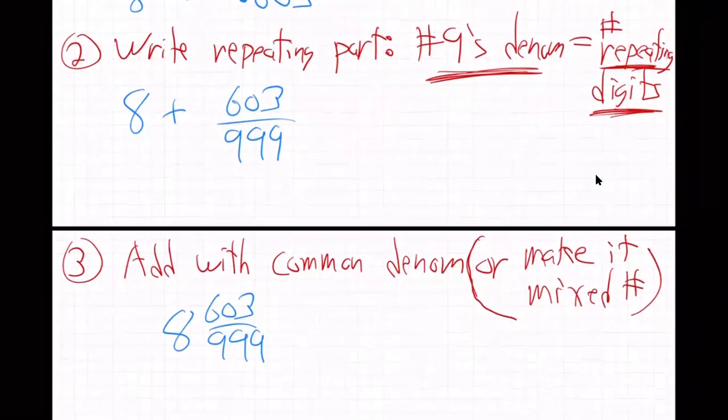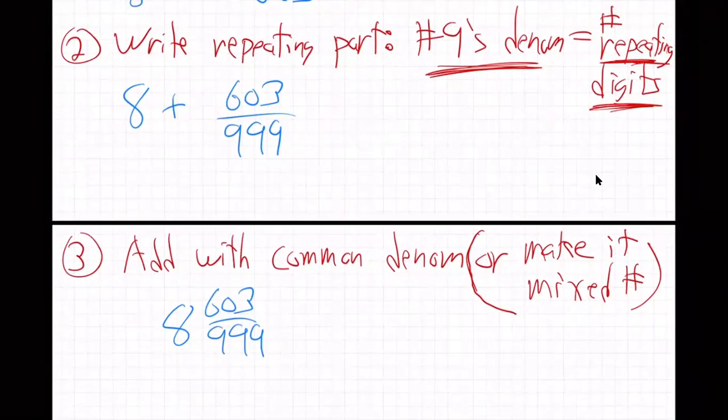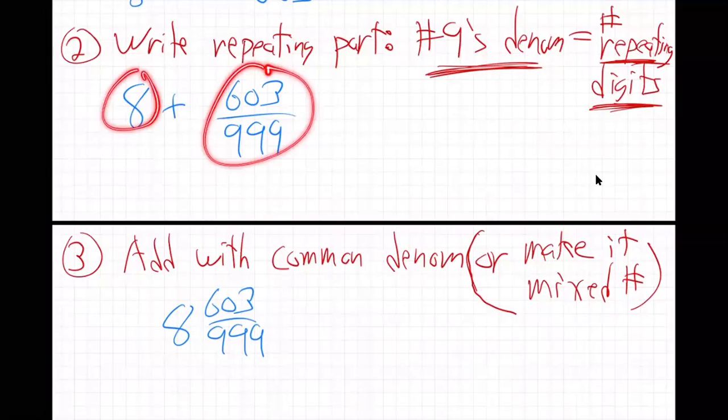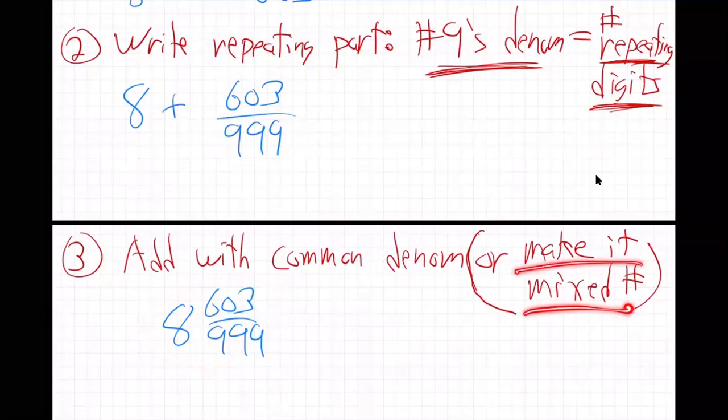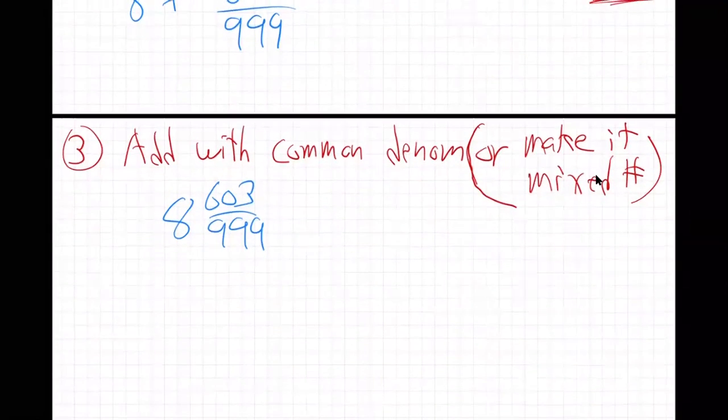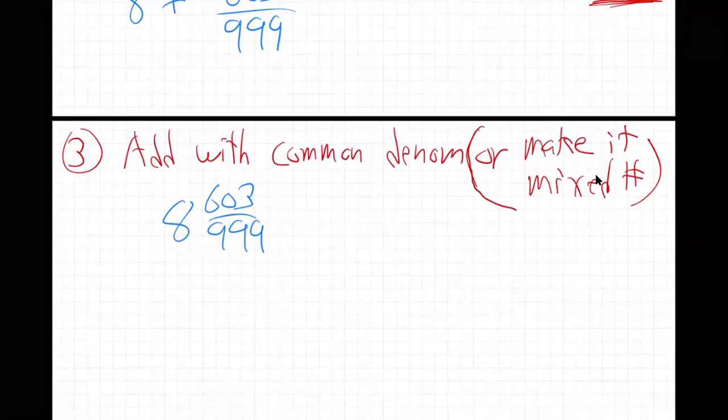8, 603 over 999, right? That's what 8 plus 603 over 999 is, right? 8 plus 603 over 999 is 8 and 603 over 999. So I just made it a mixed number. I don't want to mess with common denominators. Just make it a mixed number. Just put it back together again. And step 4,